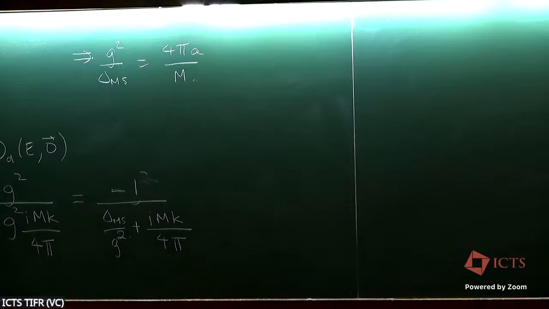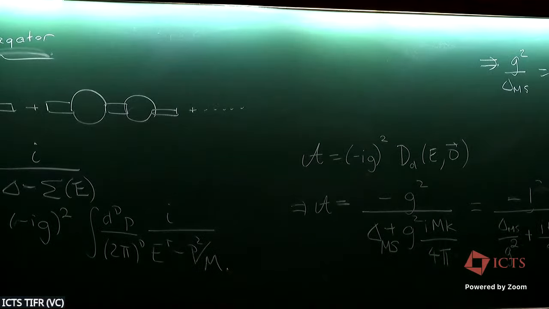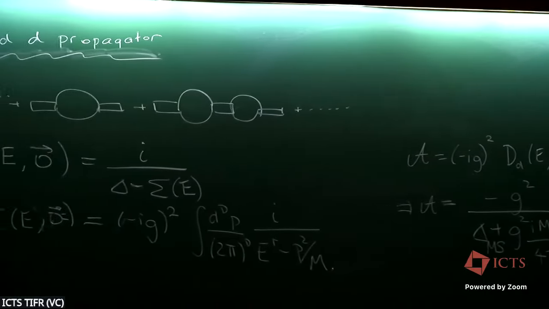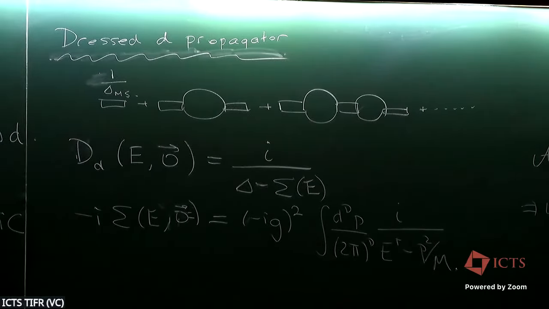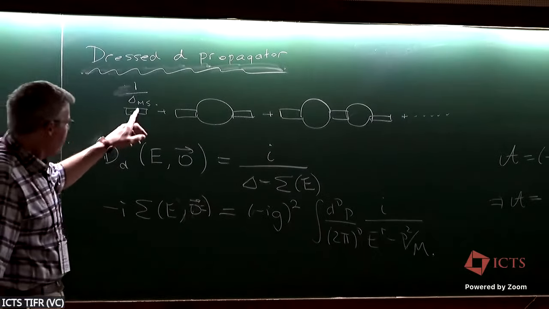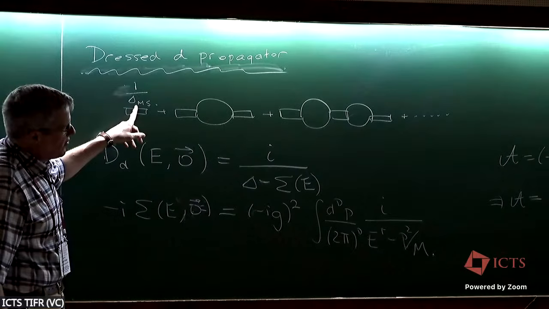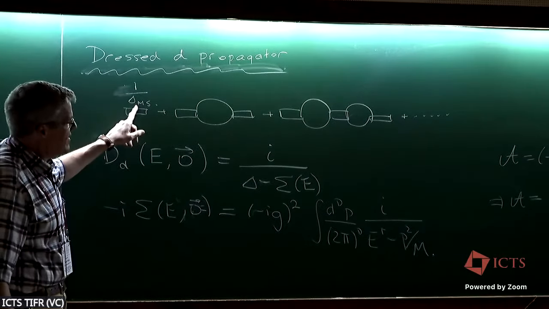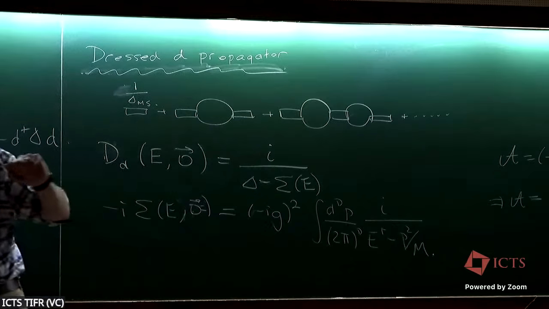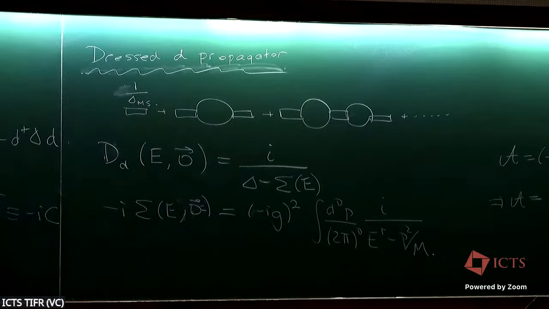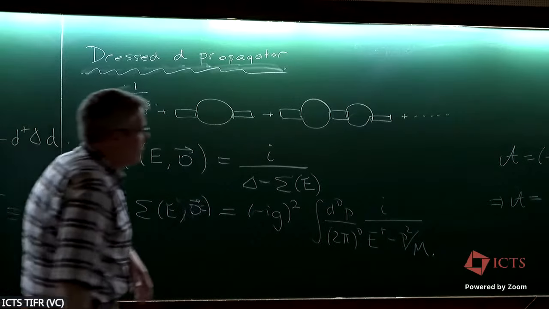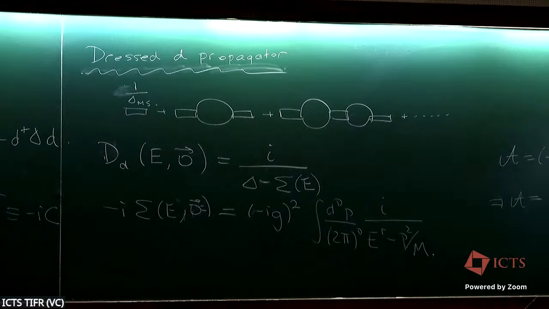Let me say this a little bit more slowly. So there are a bunch of diagrams here. And this diagram is 1 over delta minus the self-energy. Now, if the scattering length was small, then this would already be a big number, and all the other corrections would be perturbative. But in the limit that the scattering length gets large,